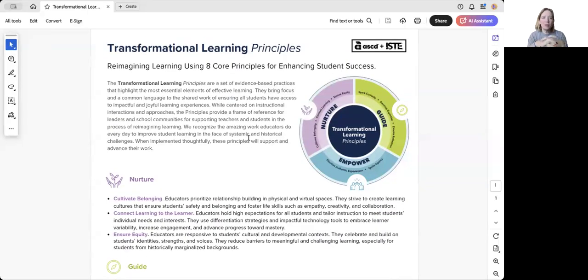All right, so let's talk about the transformational learning principles. So this is a set of principles. It came about in summer. It was released in summer of 2024. These were put together by ASCD and ISTE, who have merged. That was the administrators group and technology group. And this is supposed to provide us kind of a framework or a set of principles to really help enhance